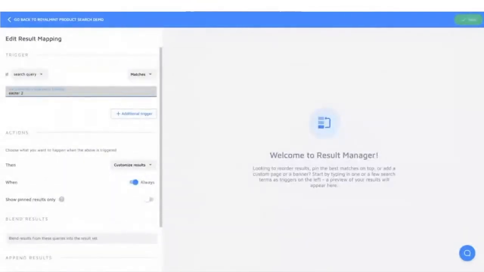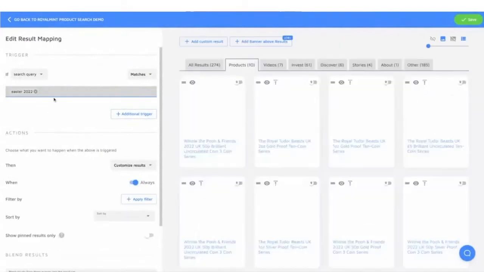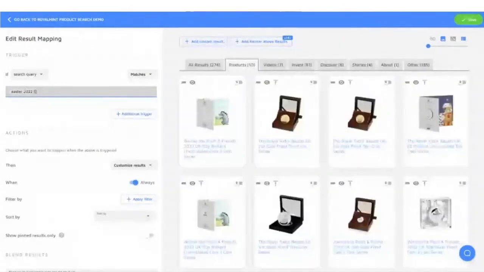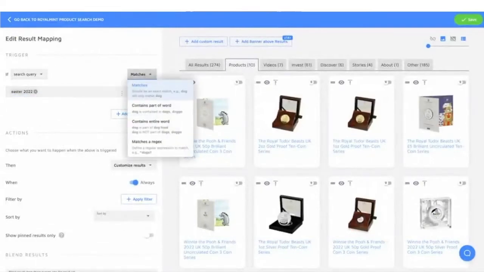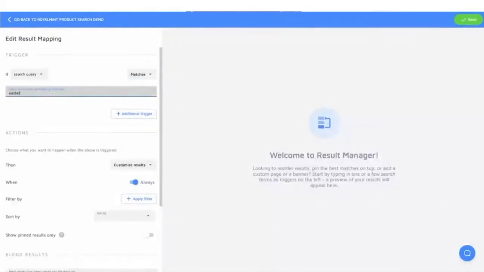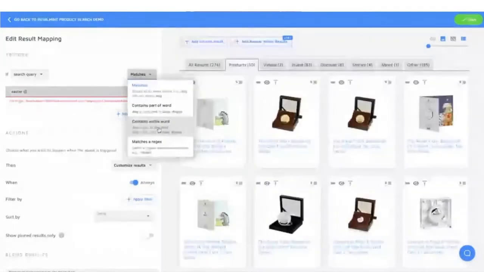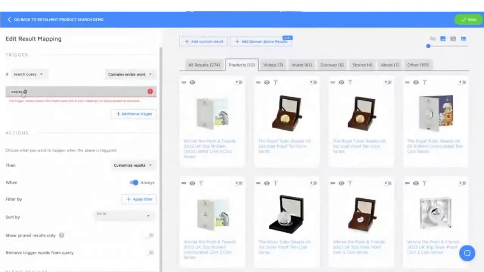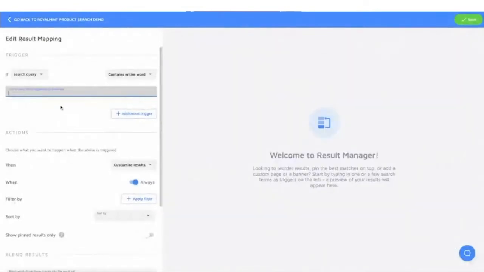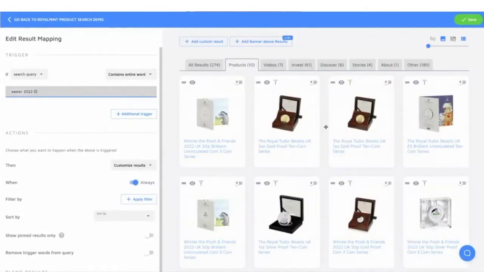So let's do Easter 2022 is a query that we care about, right? So we type this as a search trigger, and we can do a 100% match, or we can do just, for example, Easter, and then everything that contains the entire word Easter. Just like you can choose a different matching type. And then it would also highlight if this trigger already exists, which it does, so it wouldn't let you create a duplicate trigger. So let's go back to Easter 2022. We'll load the results here,